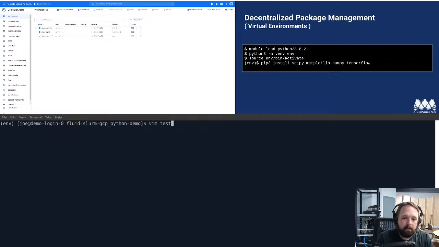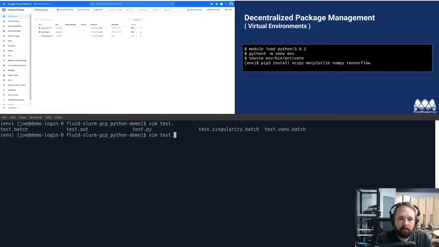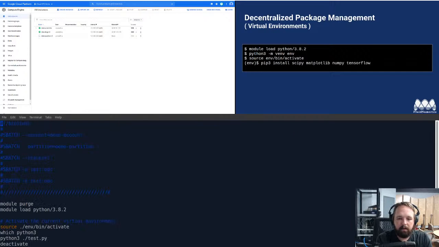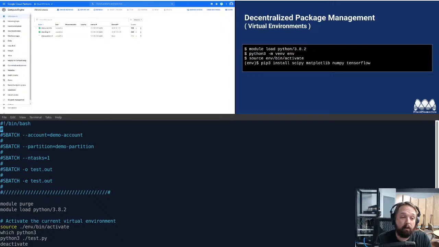So to do this, we actually have a test venv batch file for you to test out again. Open that up, modify that account and partition values. It's doing the same thing,